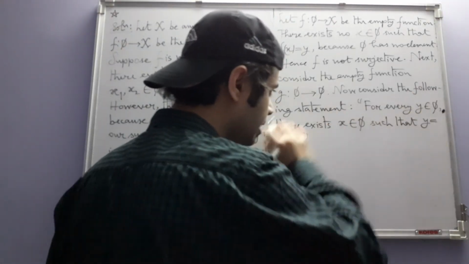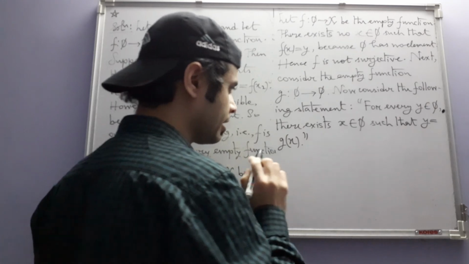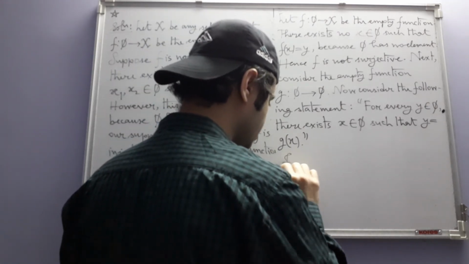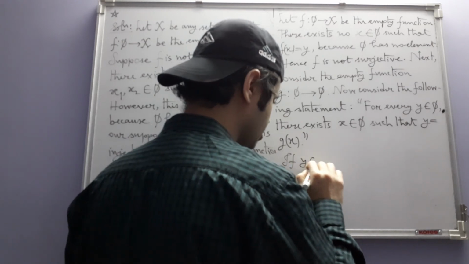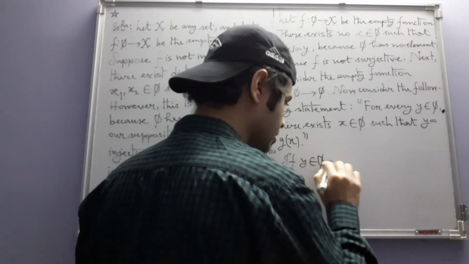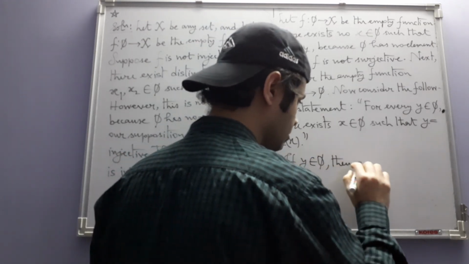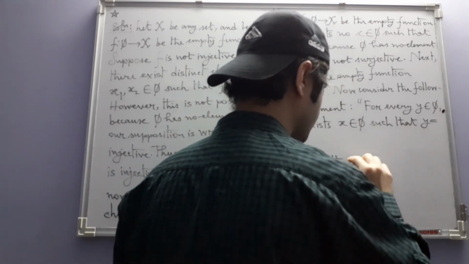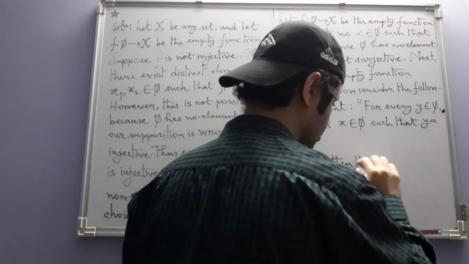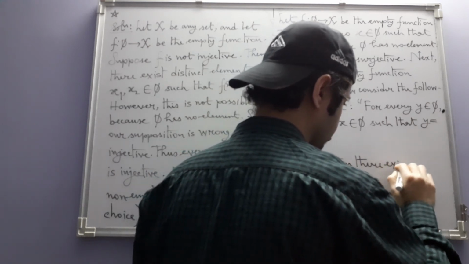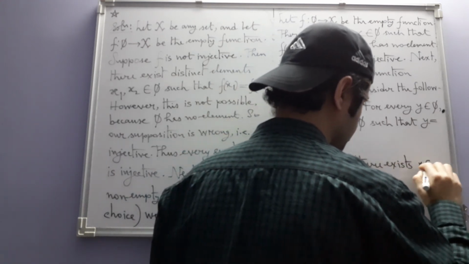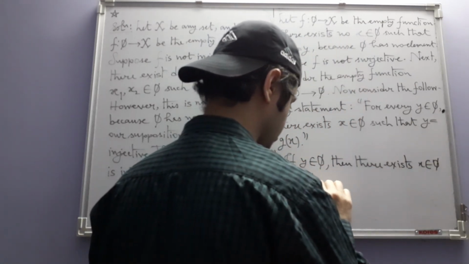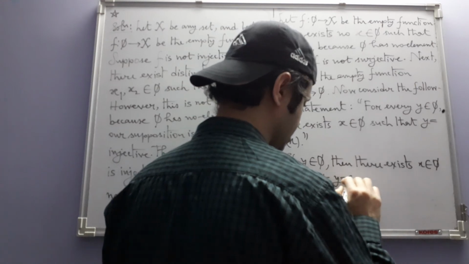We can rewrite this statement like this: if y belongs to the empty set, then there exists x belonging to the empty set such that y is equal to